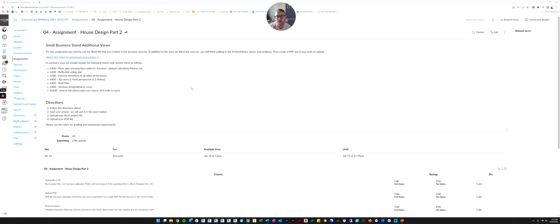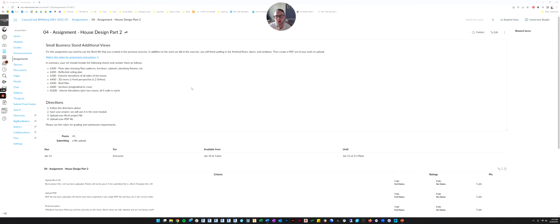Then A400s would be the 3D views. I'd like to see one front perspective and then 2 orthographic perspectives. So usually you could do what I did before in my example, where it's a front angle down looking at the building and then a back angle down looking at the building, or whatever orthographic views you want to put in there. So it would be 3 3D views on a sheet.